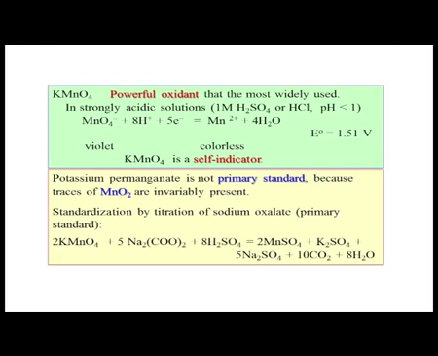MnO4 minus. This potassium permanganate is not a primary standard, so it has another problem: it has a trace amount of MnO2 because it can undergo some self decomposition reaction. This MnO4 minus is stable in acidic condition, but when we preserve it in neutral condition in water solution, some amount of MnO2 forms, where manganese is reduced only to the +4 oxidation state, and if